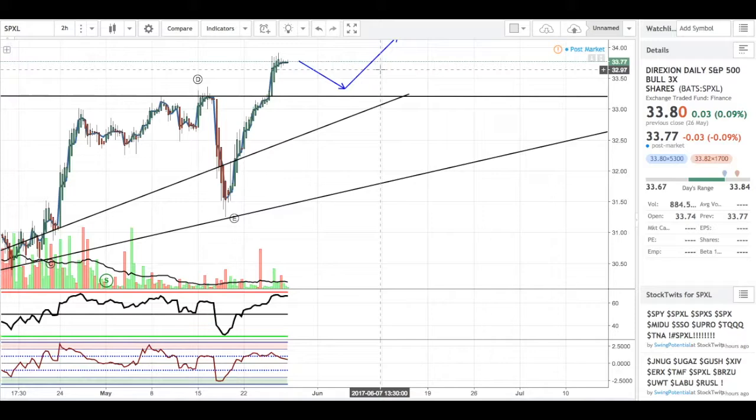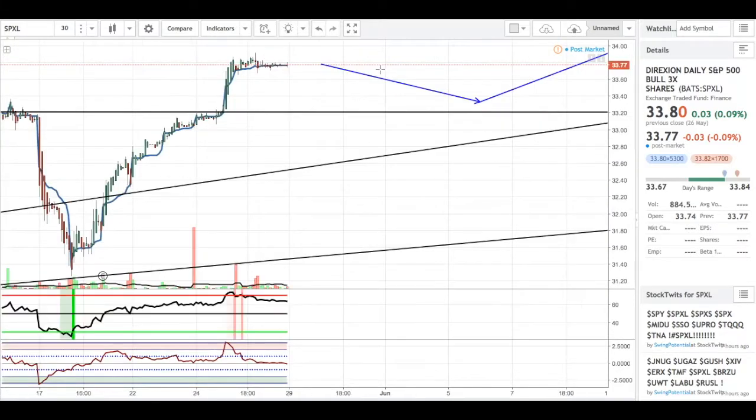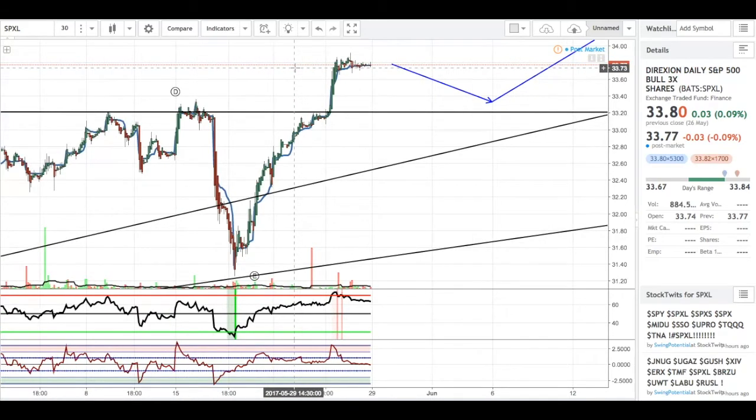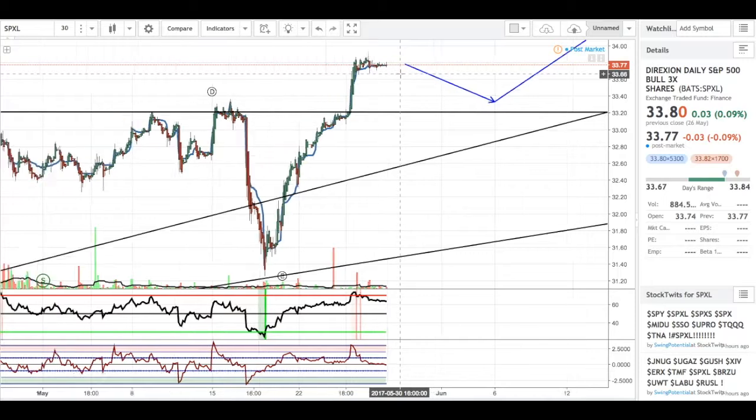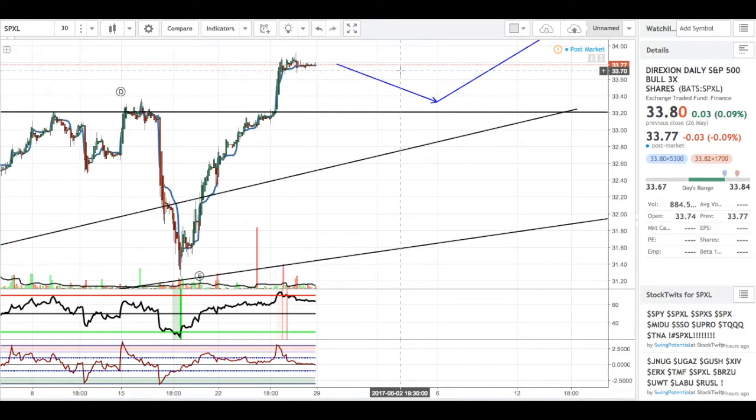So right now, I think that the market, let's zoom into the 30-minute, is just undecided on what to do, really. This is a bull flag. It's a very tight bull flag, so we might just skip this retest and shoot up higher. However, if we do stick with the technical chart in its entirety, we will see this retest playing out next